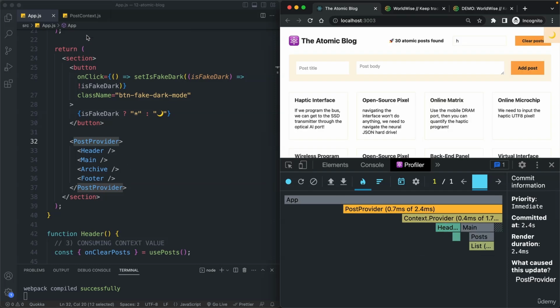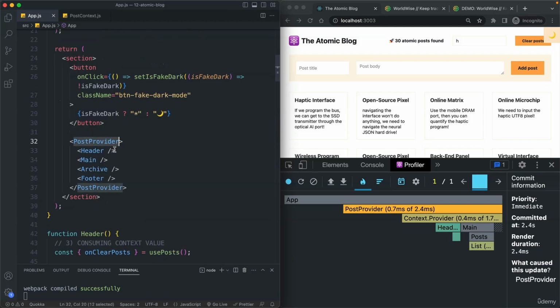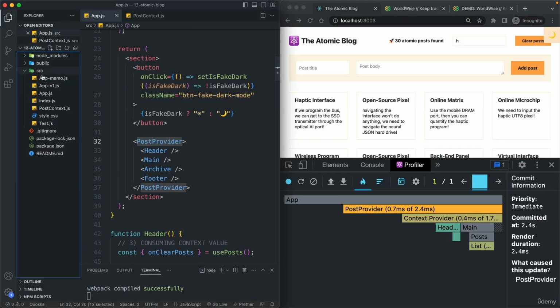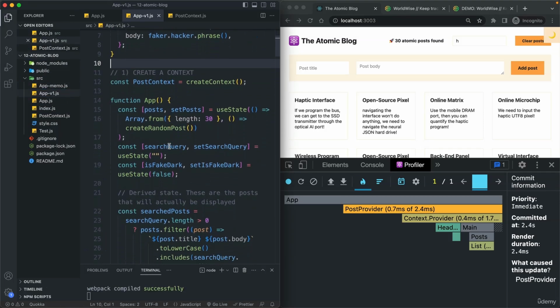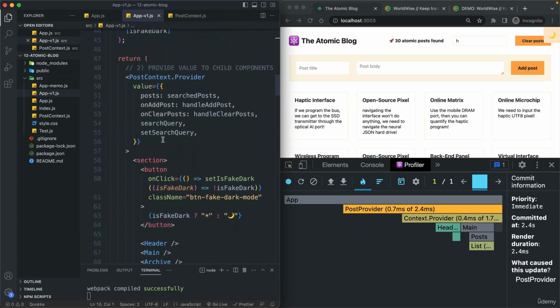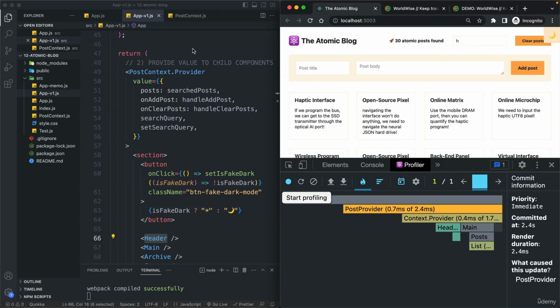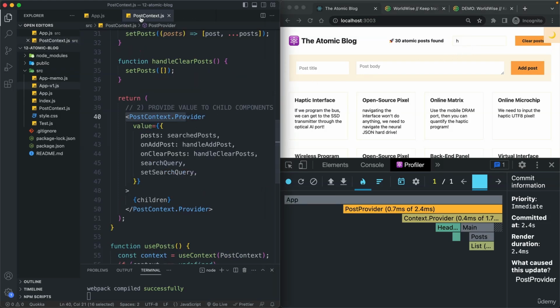So if we just had basically this right here in the app.js, so basically what we did earlier in v1, so let's see. Yeah, so remember how earlier this is what we had. So we had these children here directly inside the post context provider. And then all of these children right here would also automatically have been re-rendered as we changed the state inside that context. So we already have that optimization going on, but if for some reason you are not doing that,